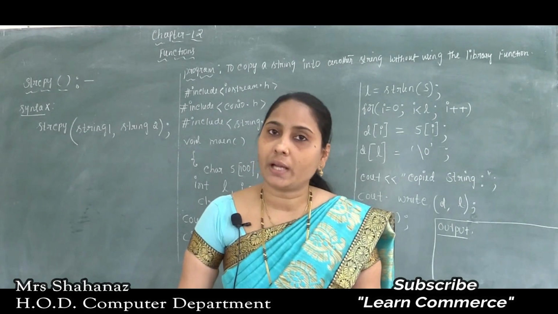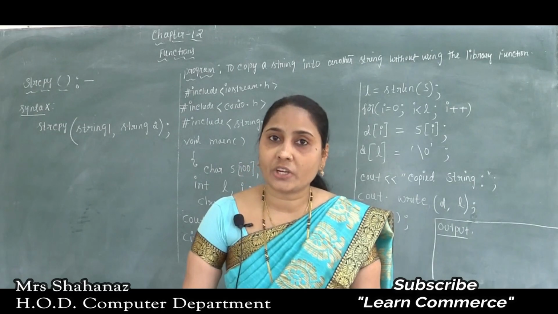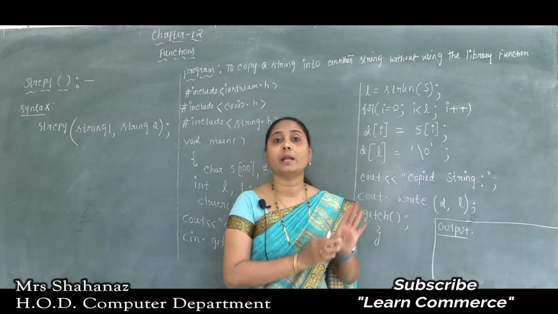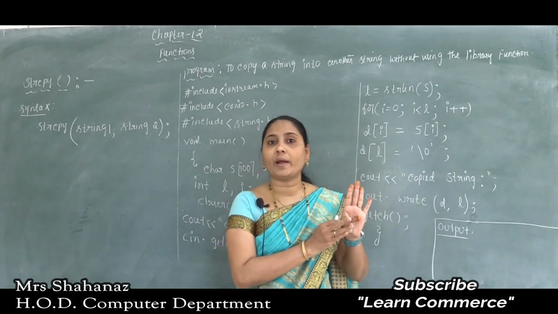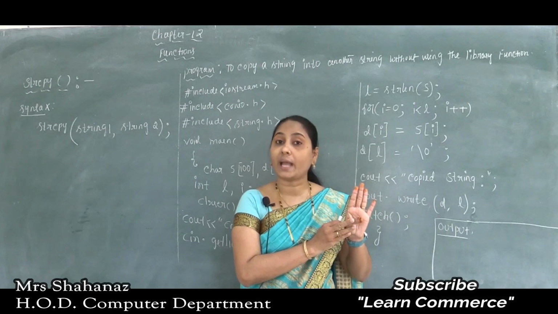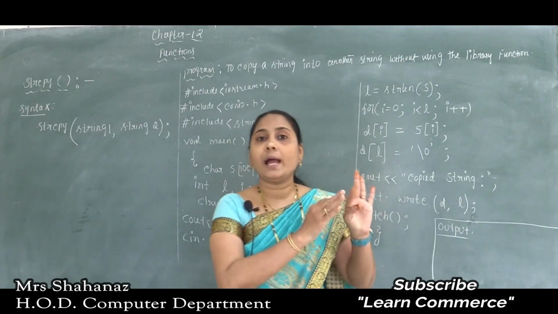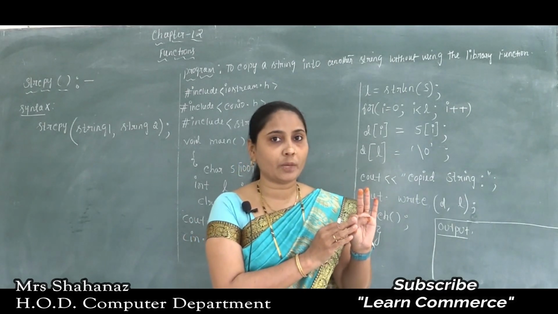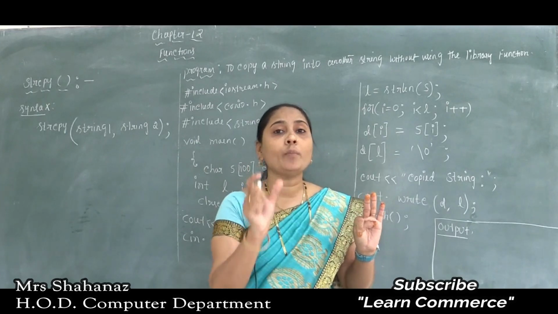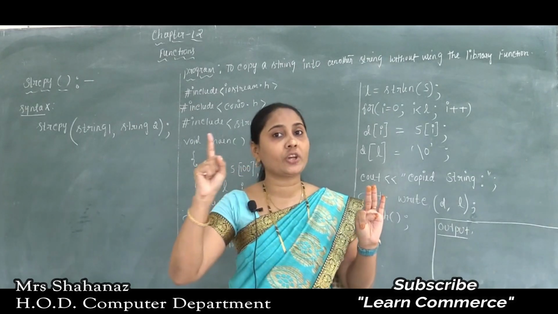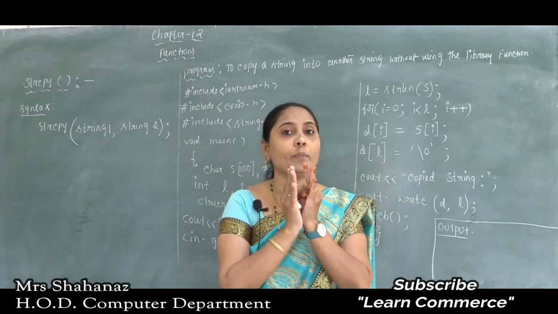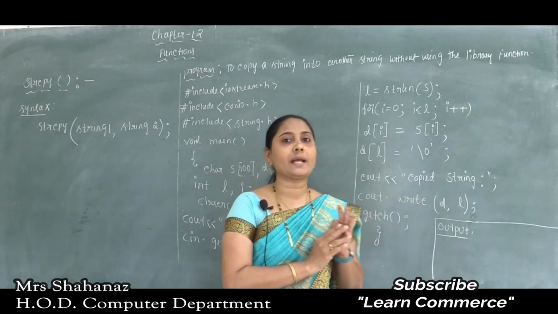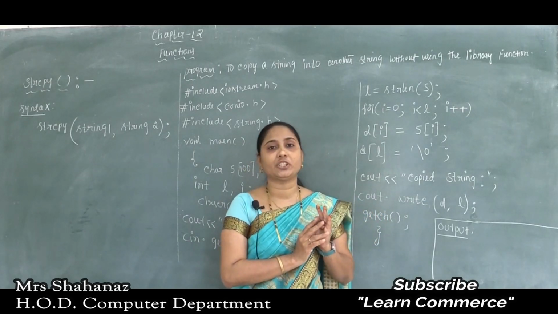So in the last class we completed declaring a string and initializing a string, and we already started some string manipulation functions. The strlen function is used for finding the length of the string, how many characters are there in the string. Next, the second one is the strcat function, correct? Here we are going to make the combination of string 1 and string 2. Joining or combining two strings together is called strcat, that means concatenation of strings.